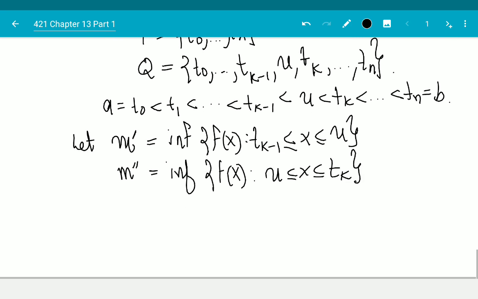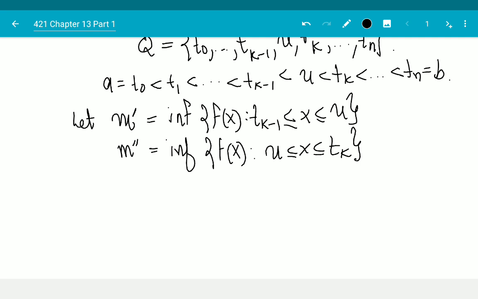So the interval Tk minus 1 to Tk has been divided into two parts, right? And I get some new infimums in there. Then